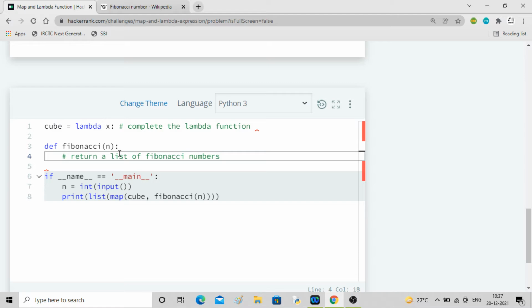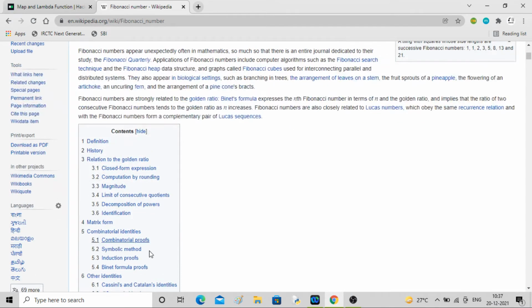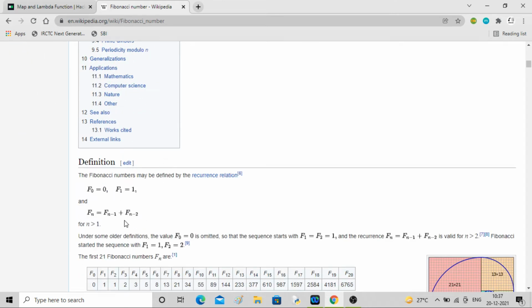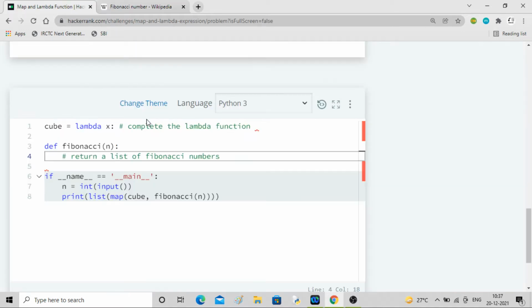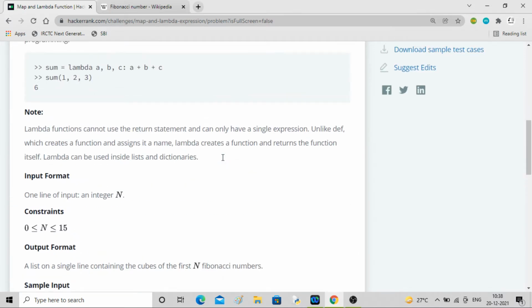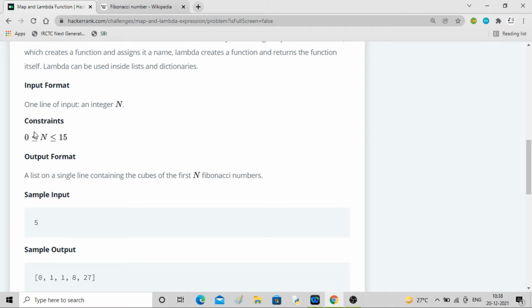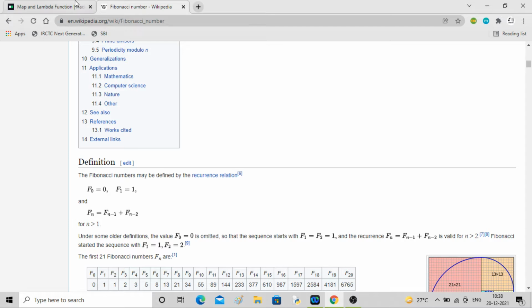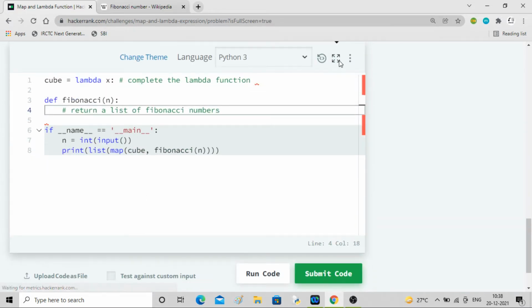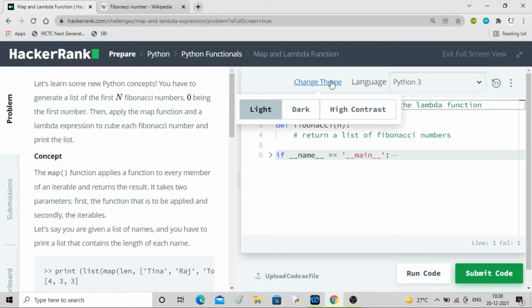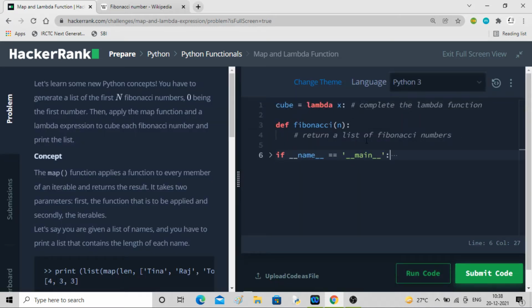Okay, so first let's do the Fibonacci part. We have to basically implement this thing, right? It keeps doing the same stuff, this expression, so you can think of a for loop. Because we have to do the same stuff again and again, a for loop can be used. Plus we have to include the 0 number as well. So when the value of n is 0, we also have to think about that case. Let's first define these two, f0 and f1. Let me do it in this fashion. Change theme to dark so that you can see better, right?